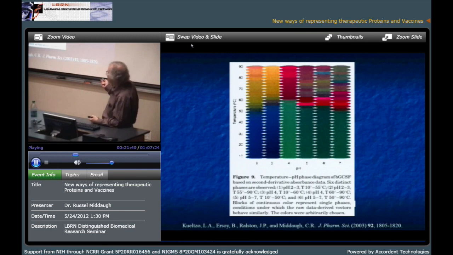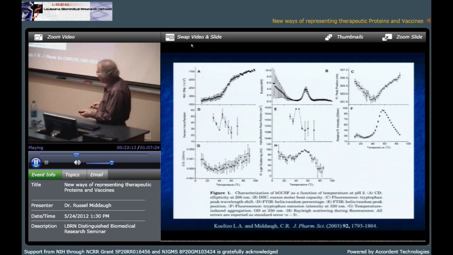So here's the first one we ever did, and this looks quite a bit different than most of the ones I'll show you, because in these days, we were using Mathematica to do the mathematical analysis, and we switched over to MATLAB later. And so it looks somewhat different, but the data is the same. You can see here's this dark green region at the higher pH. There's this intermediate green region, then there's this other region. Remember all that aggregation? That shows up as this multicolor region. And these different high temperature unfolded states are differentiated as well.